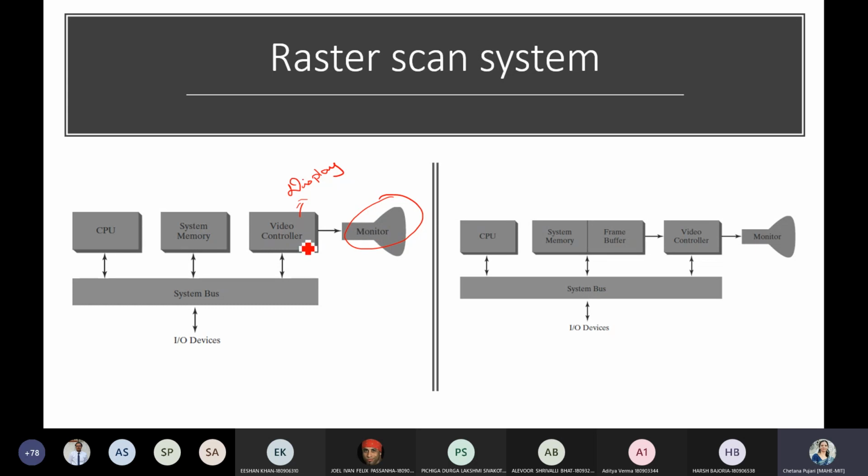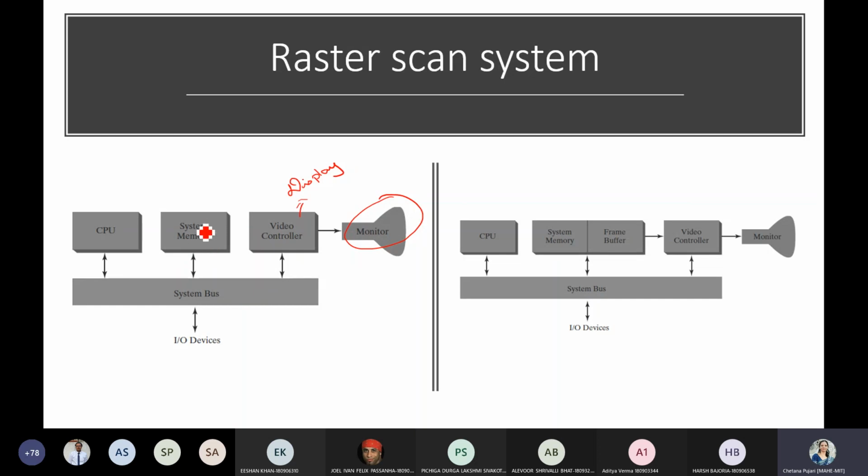In order to fetch details like the intensity values of each pixel, we make use of the frame buffer, right? Hope you remember from the previous class. All the intensity values will be stored in a memory called a frame buffer. Where is that frame buffer stored? It is stored somewhere in the system memory.